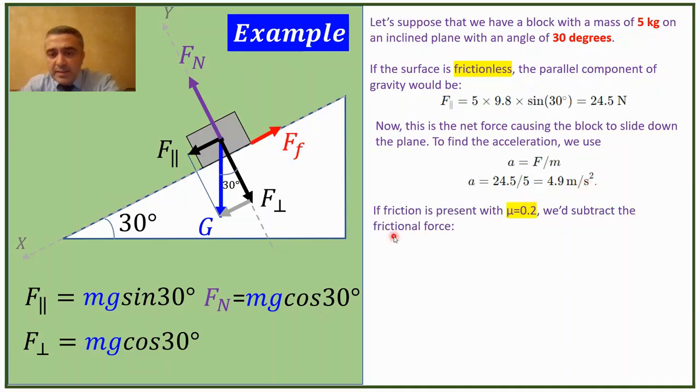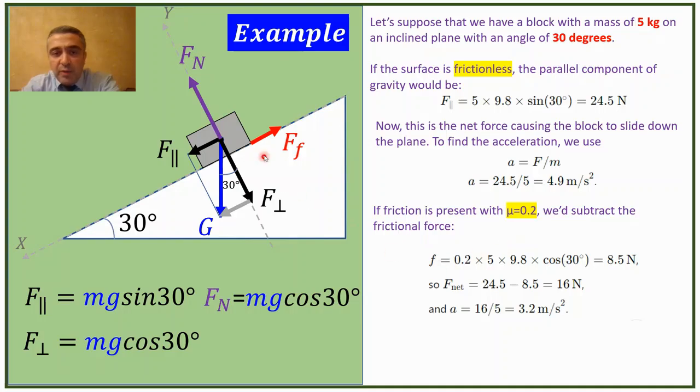And the next case is with the friction force. So in the second case, this surface is not frictionless, so mu equals 0.2. And from here, we can find the friction force, mu mg cos alpha: mu 0.2, mass 5 kilogram multiplied by the gravitational intensity and cos 30 degrees. It gives us